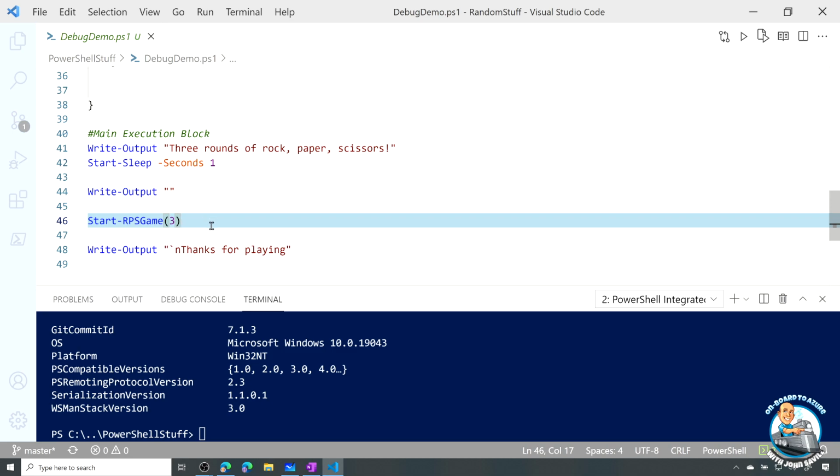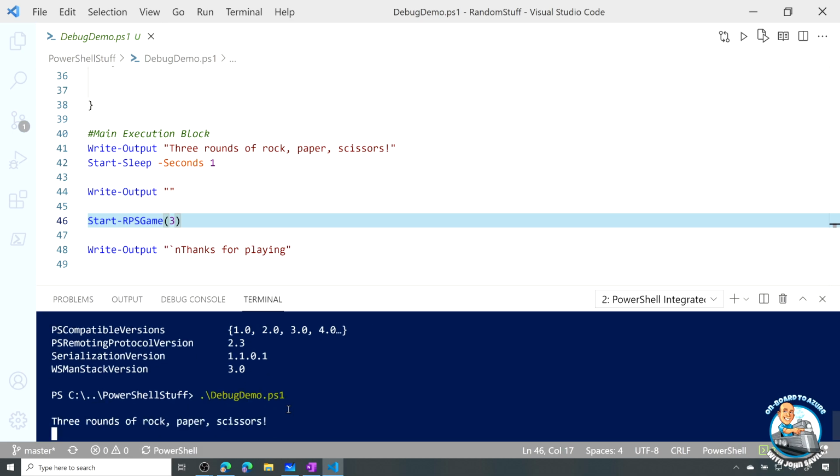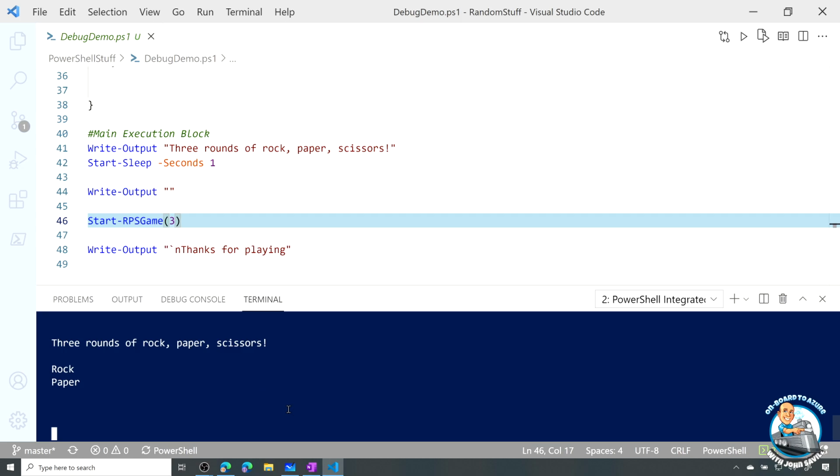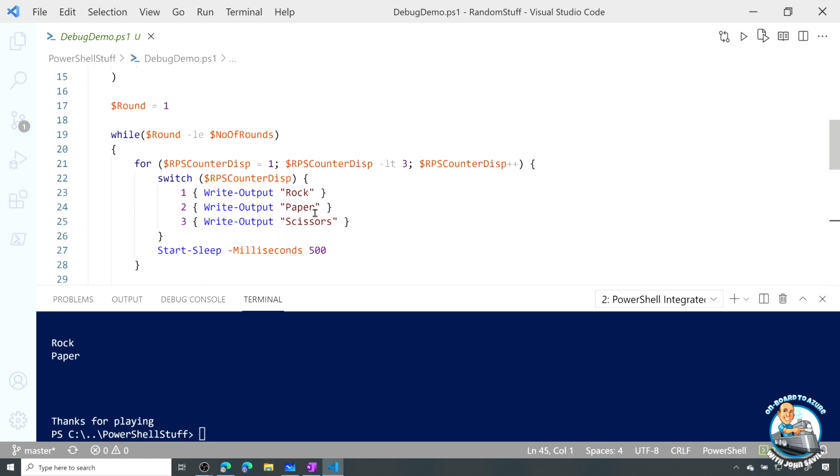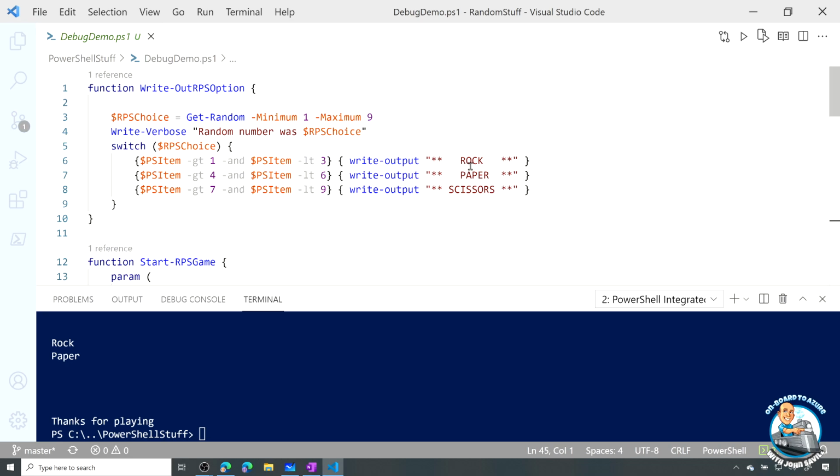And if I do nothing else, I could just execute that. I could execute that by, in the prompt, just doing dash debug demo and execute. So it's saying 3 rounds of rock, paper. Well, that's kind of weird. Okay, rock, paper, blank, rock, paper, blank. So it's really not working very well, because what I would expect it to say, I think, is rock, paper, scissors, and then it should output one of rock, paper, or scissors,